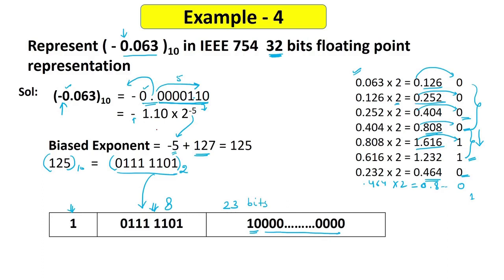Now there is one important thing to note in IEEE 754, that is we are not storing this 1 and this dot anywhere in this mantissa part, right, or in the other part also. So actually this point or this 1 is implied. It is assumed that here we are storing 1 point, this one. Okay, but we are actually not storing this 1 and point.